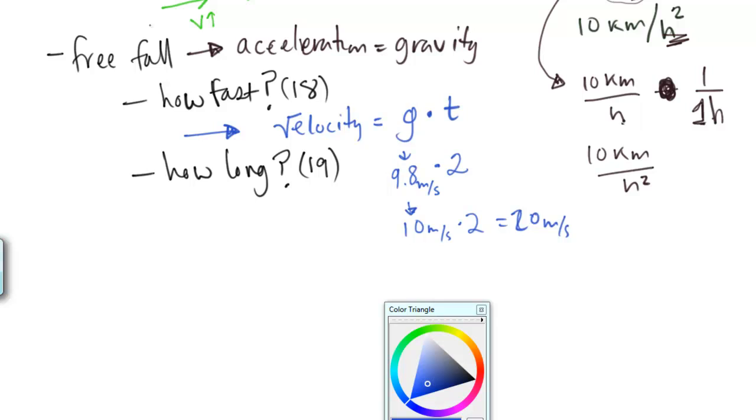They could also ask you how long it took to travel in a free fall, and for that one we're just looking for a distance. So distance, or d, is equal to 1/2 times the acceleration. Now the acceleration could be gravity, or if we pushed it, it could